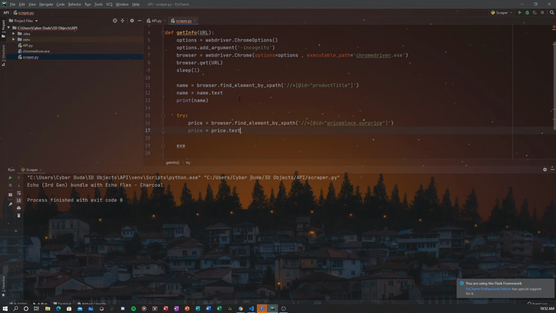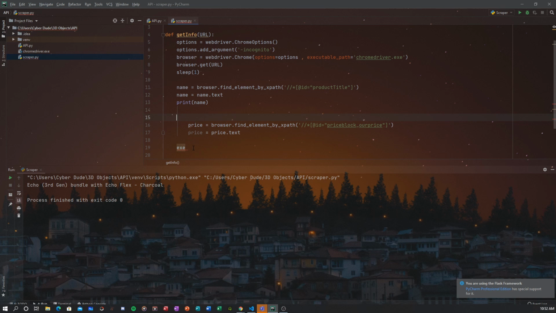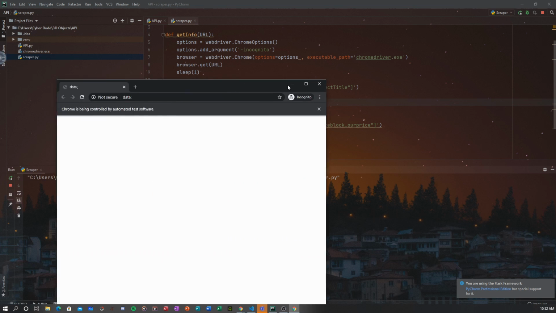and if I don't use the try statement, we should get an exception when we run this file. So when we run this, it will open a new browser window.